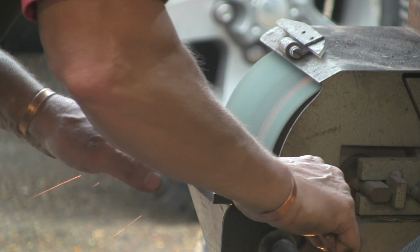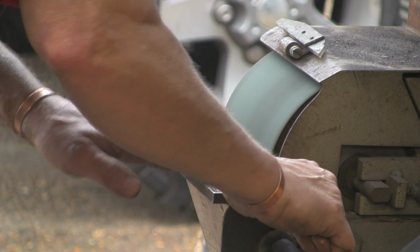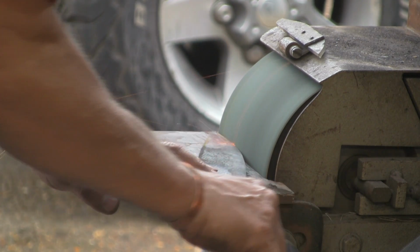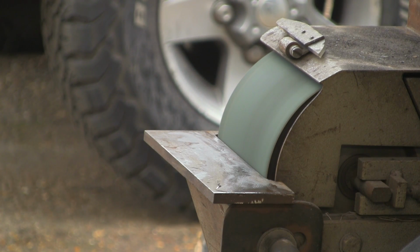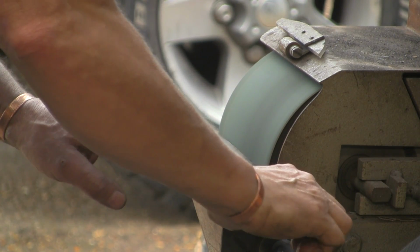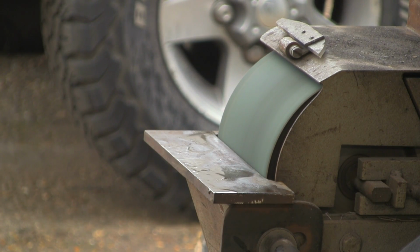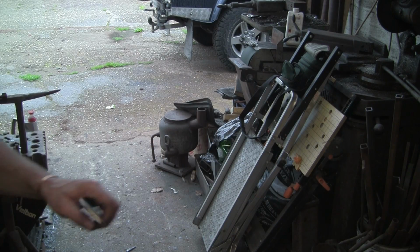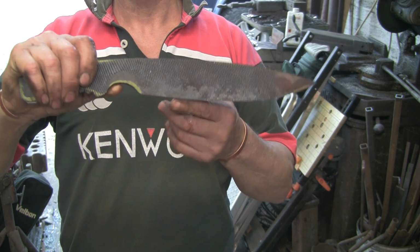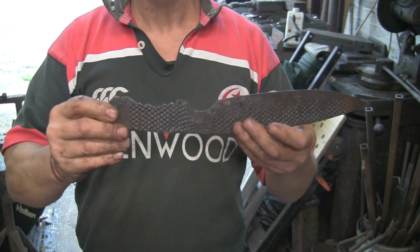As I don't really know what shape I'm going to end up with, I know roughly what I'm trying to achieve. Pull it out again, but I'm not 100% sure. I'm sort of checking as I go, really. Right, so I've got the basic shape there, which is okay. And I've just got to grind the handle out, those bits there, which I shall probably do